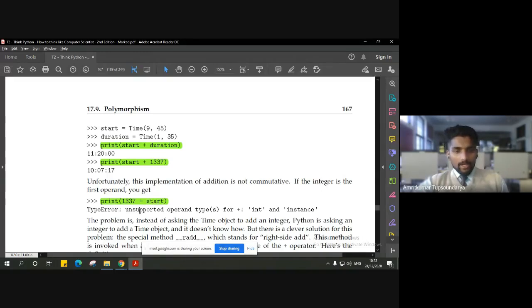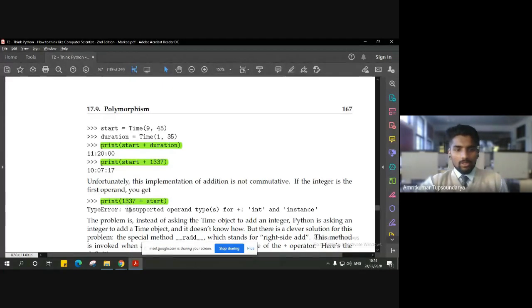So semantically, they might mean the same, right? Please understand these instructions right here. That is, these two instructions might look the same, right? Because meaning wise, that is semantically, when we check, they both mean the same. They should result in the same value. That is nothing but 10 hours and 7 minutes, right? But syntactically they are different, right? Syntactically they mean something else.